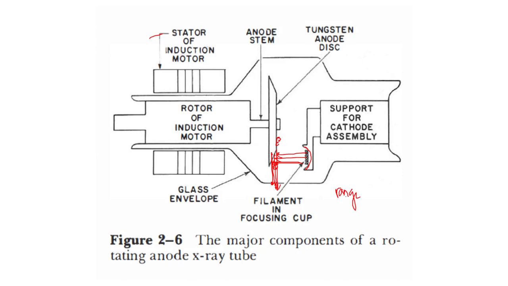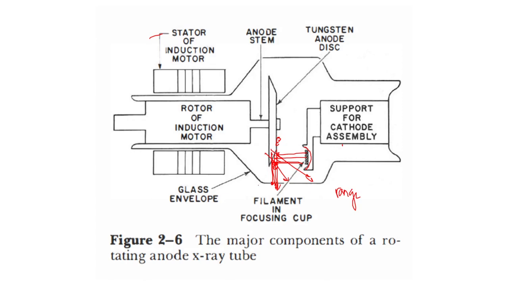X-rays are scattered and they are emitted in different directions. And when they are emitted in different directions, they will collide with the glass tube. They'll collide with different structures which are present in and around the tube and they are scattered. So, to prevent these X-rays from colliding and scattering with different things present in the X-ray tube, we have